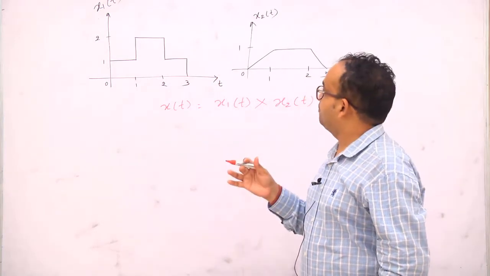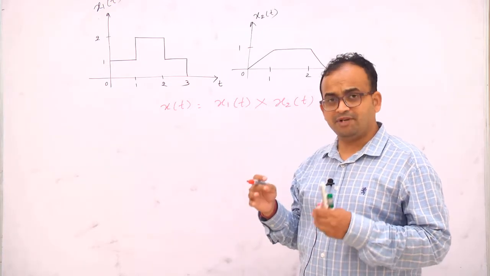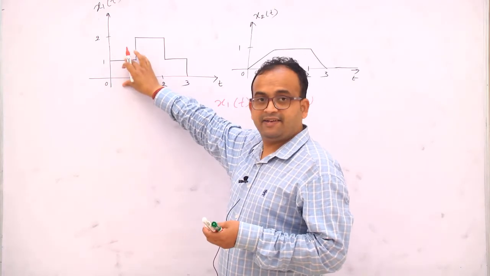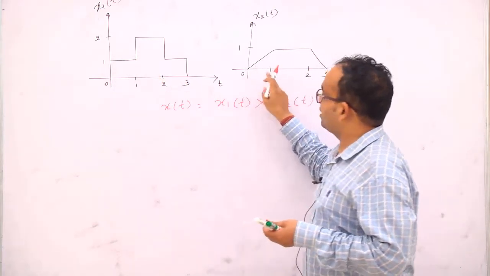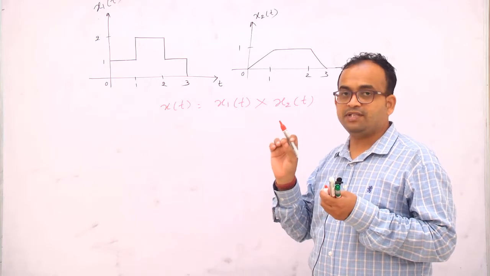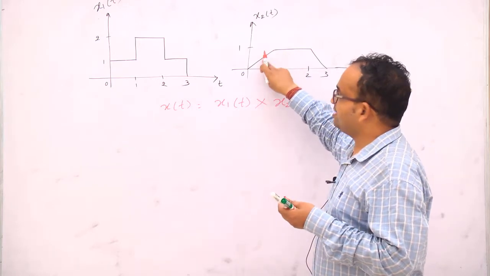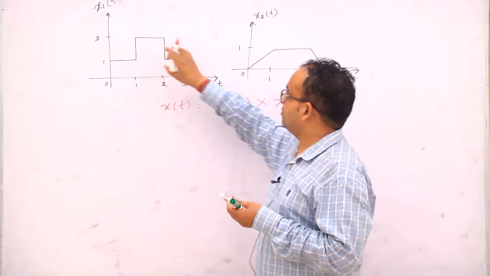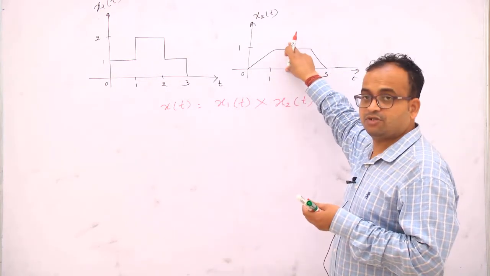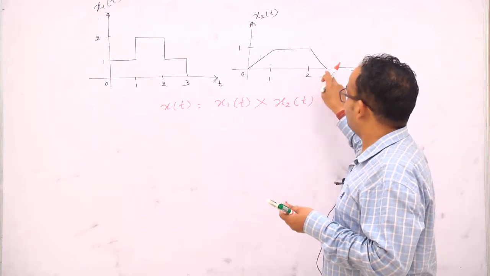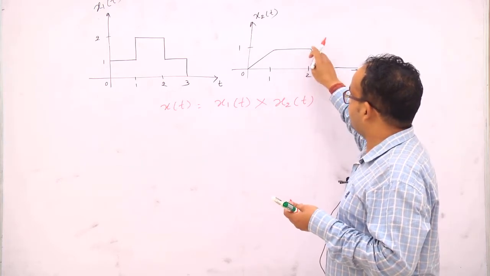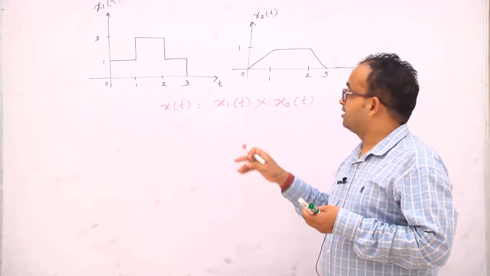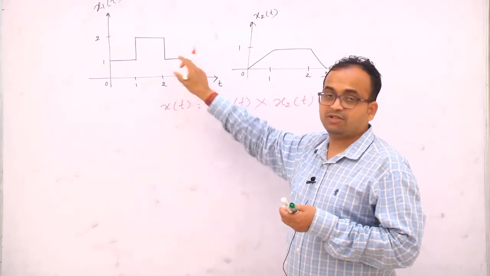So this is very simple. In the example I have given here, we can see from 0 to 1 the value is 1. From 0 to 1 this is a ramp signal with slope equal to 1. See, the slope is equal to 1 here. Similarly, from 1 to 2 the value is 2. From 1 to 2 the value is constant here, 1. Similarly, 2 to 3 this is a ramp signal with the negative slope. Similarly, 2 to 3 this is also constant.